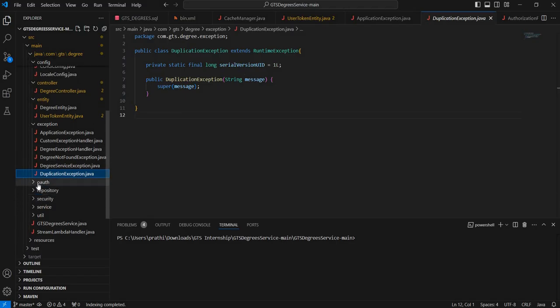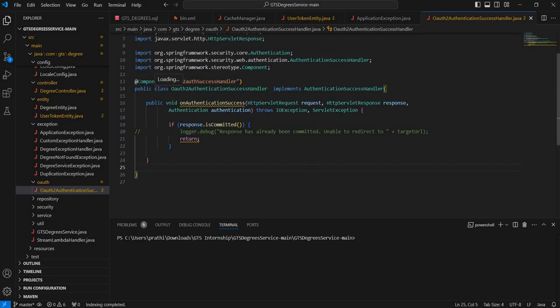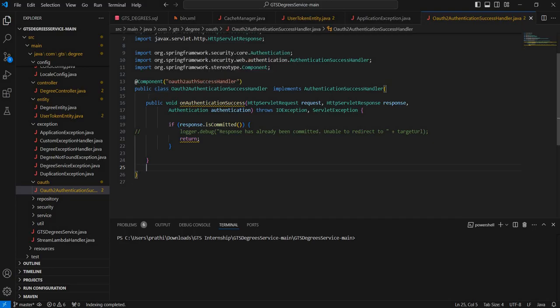And the next one is auth, meaning authentication successful. Authentication means it redirects the page after the user is authenticated. In this authentication we need to implement the request and response. If the authentication fails, it throws an exception in the form of IO exceptions and servlet exceptions. Here we use the component annotation, which indicates the class